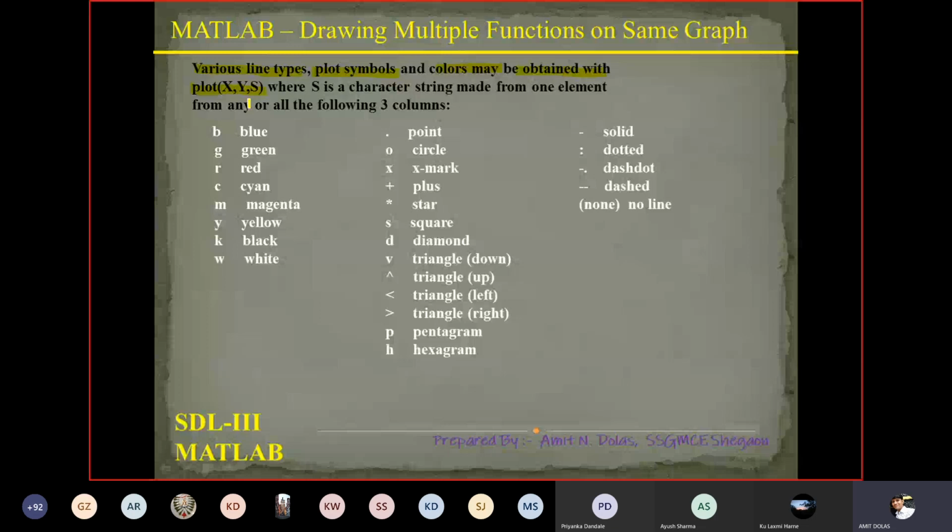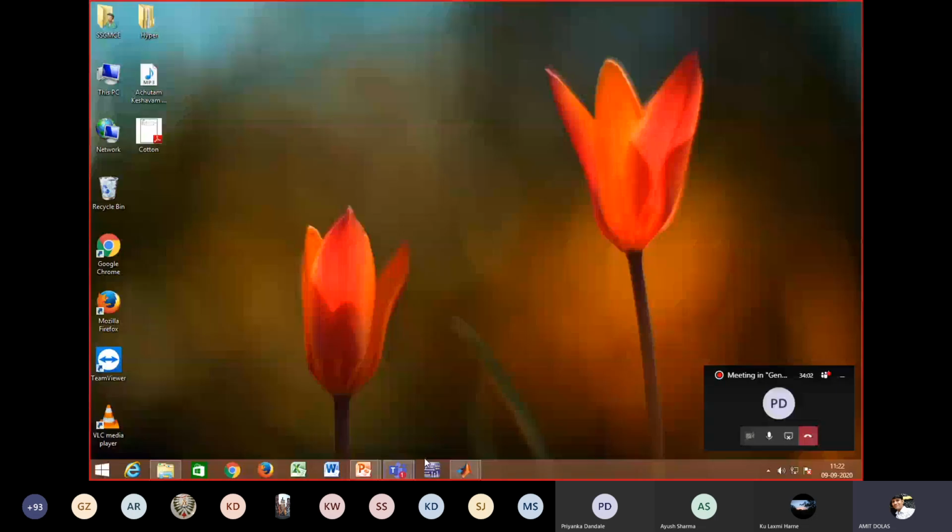X is the x-axis, Y is the y-axis, and S is the character string made from one element from any or all of the following table. So you can see if you want a color change, you have these values. Like we'll plot yellow, so we'll make it in MATLAB.